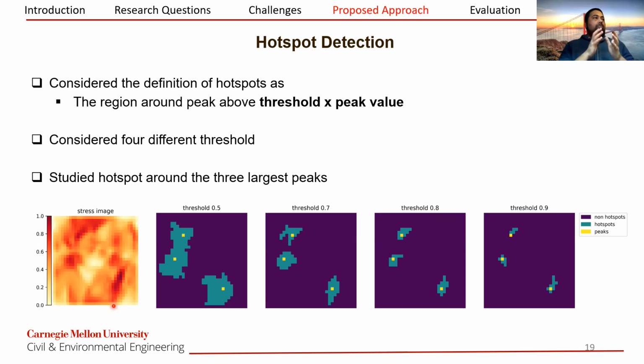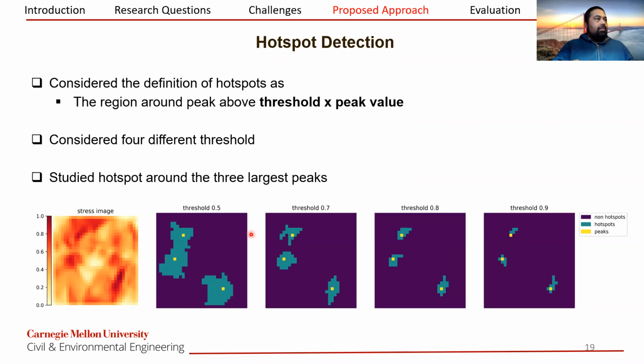And what we want is, since our focus is on investigating these hotspots, there is no standard definition of hotspots yet. So everyone comes with their own definition. We come up with our own definition where we choose these peaks in the images, and we say that anything above a threshold will be your hotspots around that peak. So every peak has your hotspot, and we try to characterize them